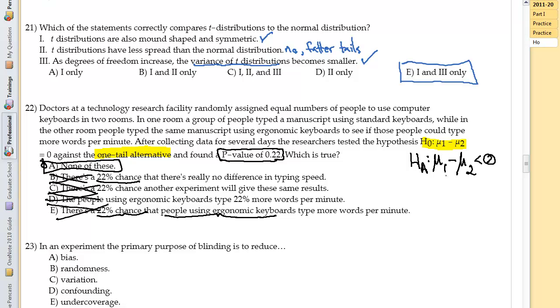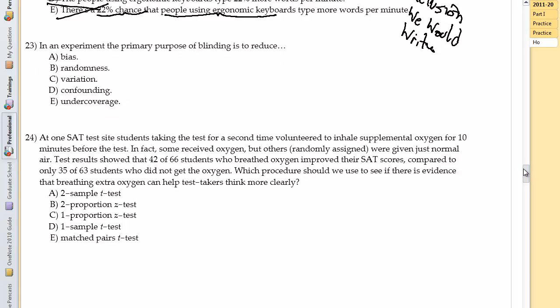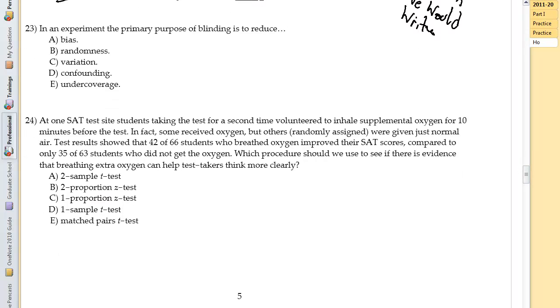And again, really, none of these are a conclusion we would write. None of these really follow the definition of what a p-value means, which was from our very first video, our very first question. I have to say it's none of these. Like I said, the language is very close, but there are some really important missing elements.